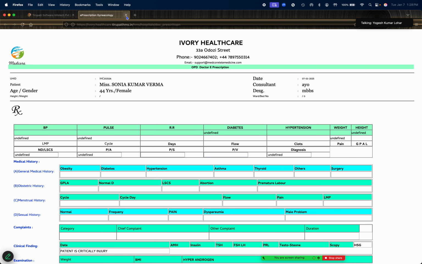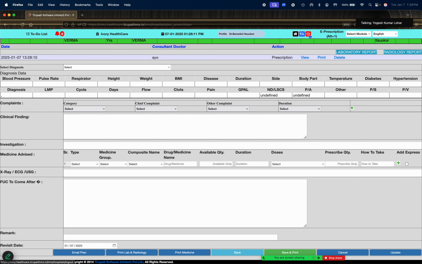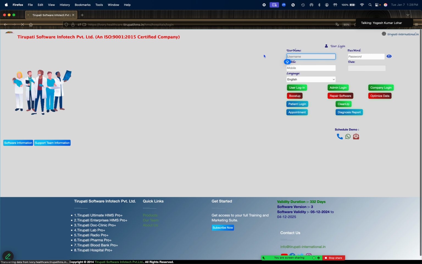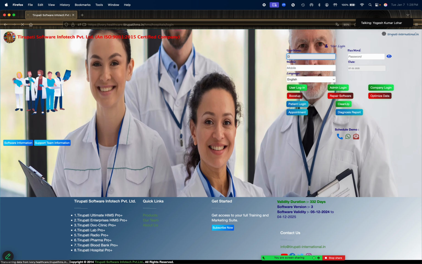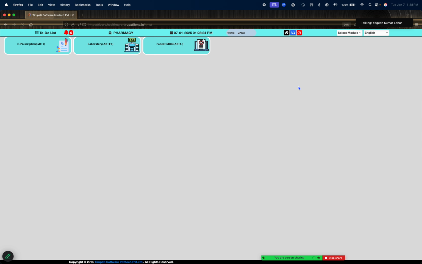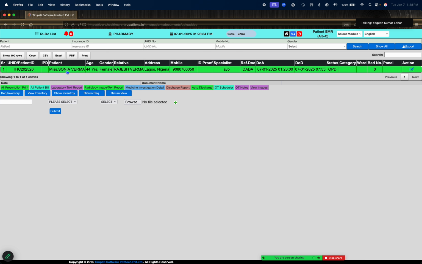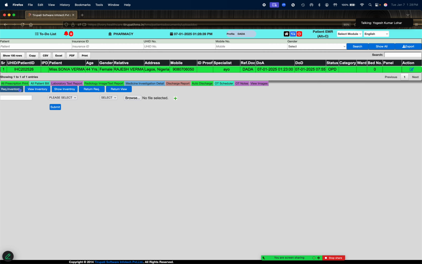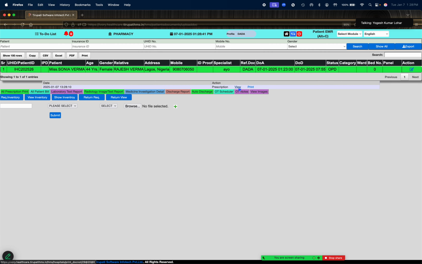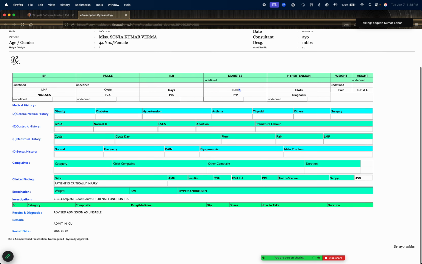So this is prescription printed. Now we log in with the referral doctor account. Okay, so we go here, DA and DA, and user login. Now the referral doctor will be able to go to patient MRD services, and here the respective patient Sonia Verma is available to see. So once the referral doctor selects the patient, and if we want to see his prescription, we will see the prescription report, a print preview of what prescription was advised.